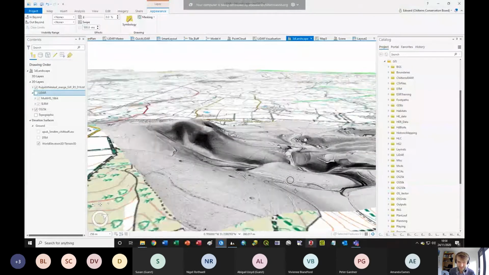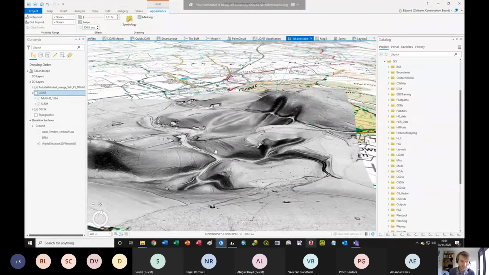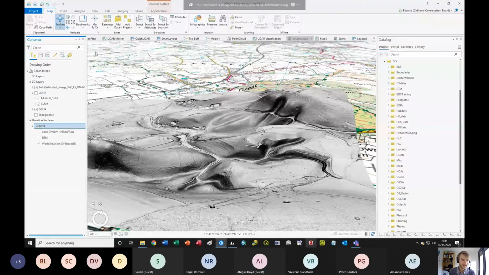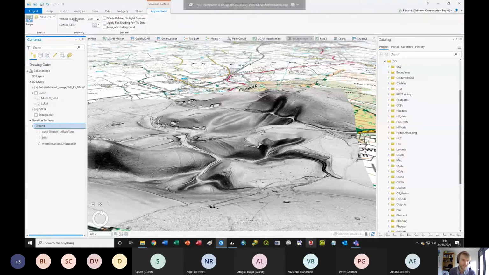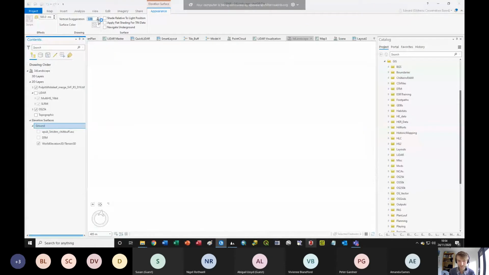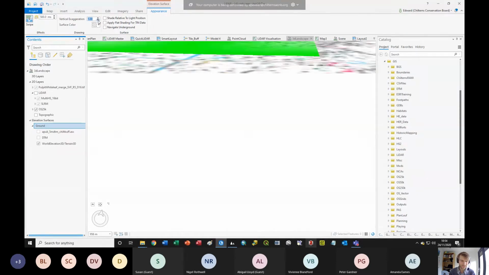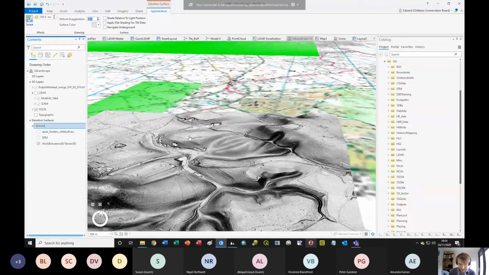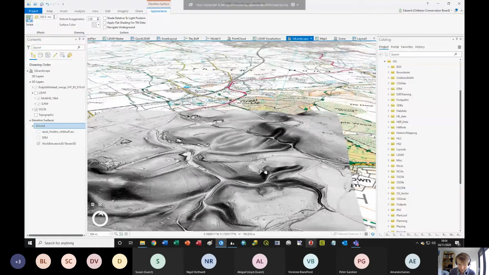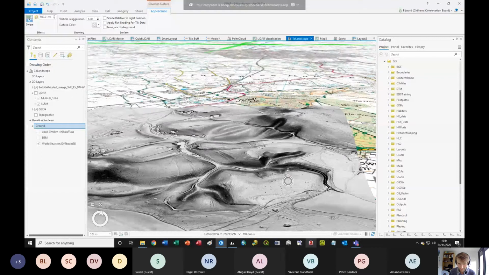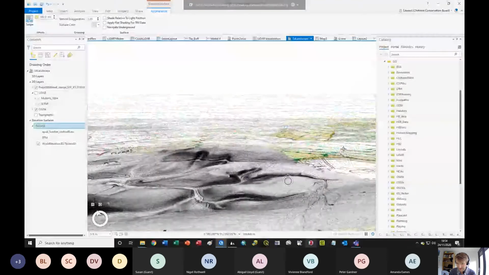Worth emphasizing here that the scale factor of the height variation has been exaggerated. I've got a vertical exaggeration of ×2 on the altitude scale factor. So this is another power, I think, of 3D GIS like that: I can really exaggerate things to a great degree. I've just flicked it back down to 1, and hopefully it's loaded. There we go, it has loaded. You can see it's far less extreme. So this is the real relative height variation, and even so, we can still